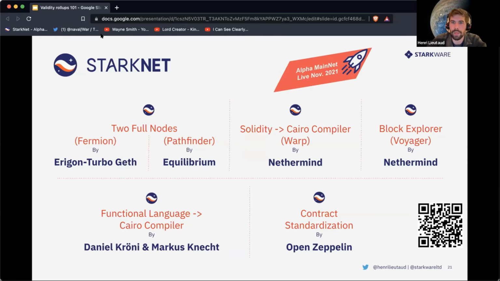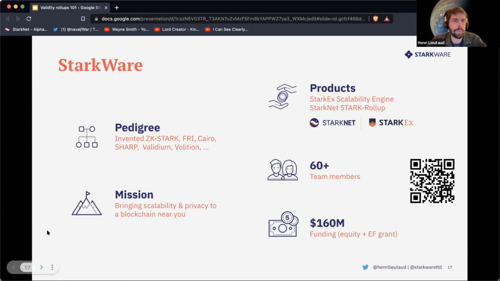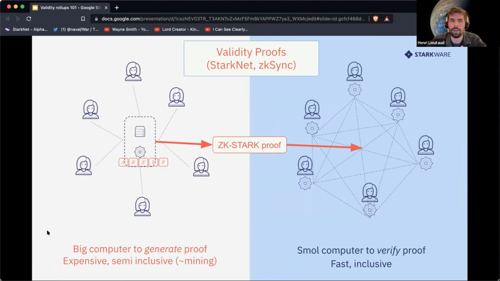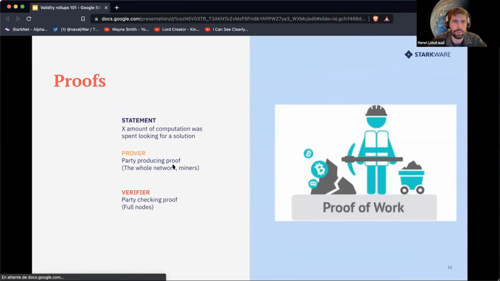For sure be here. Okay, so there were some questions, and I'm going to address the first one, which is, how is the prover selected? Who is the prover anyway in StarkNet? And I think the broader question is like, right, so how is this decentralized? Is it decentralized? I mean, how does it work? And